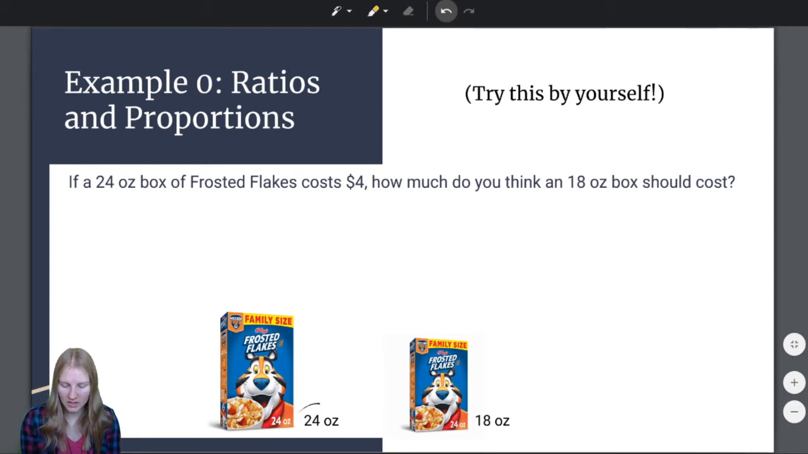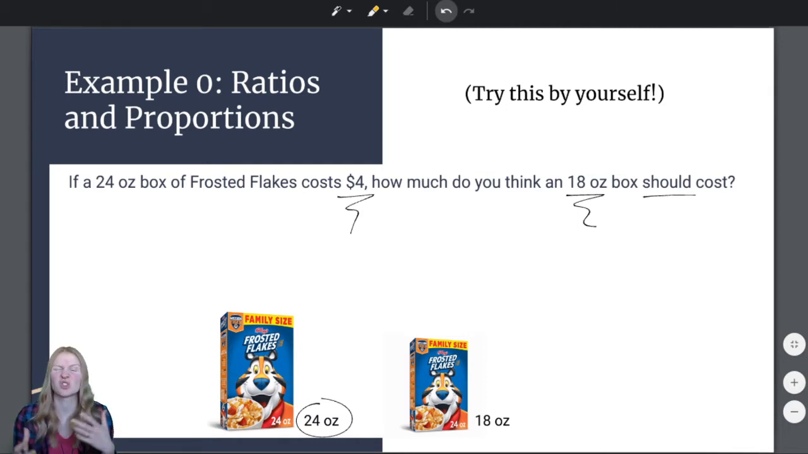If a 24-ounce box of Frosted Flakes costs $4, how much should an 18-ounce box cost? How much should it cost? Not how much does it cost, but how much should it cost, right? Because sometimes they charge more than they should in stores and such. So, pause the video, answer this question. Unpause it, and then we'll talk. So, I wanted you to try this problem by yourself because there are many ways that you can do this